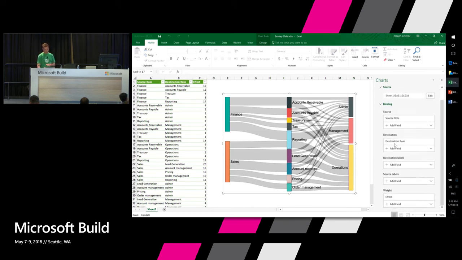The binding portion here is meant to mimic the data roles concept that Zvi talked about earlier. So what you see here, source, destination labels, source labels, these are not Excel-specific things. These are things that are defined by the visual. And this is how the user says, this is how I'm going to map the data in the spreadsheet to the roles that the visual provides. So you can see here that source is mapped to source role. If I click this drop down, I can change what the mapping is. The options that I have here, source role, destination role, effort, correspond to my column headers. So it's meant to be a very simple, approachable